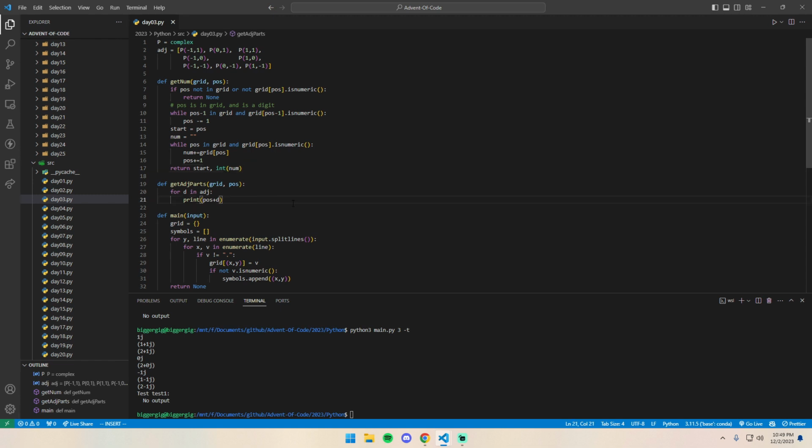In our get adjacent parts, we'll go ahead and create a set. And the reason we're using a set is so it automatically gets rid of duplicates for us. So we'll do parts is equal to a set. And then for each different direction from our position, we're going to go ahead and do parts. And we want to basically increment, or we want to union this with,